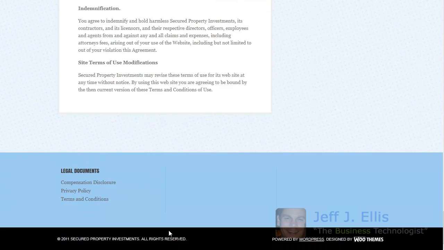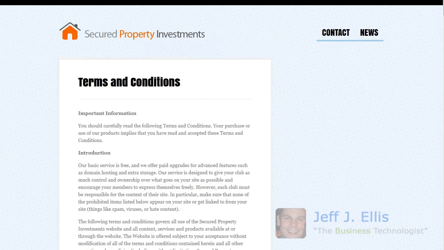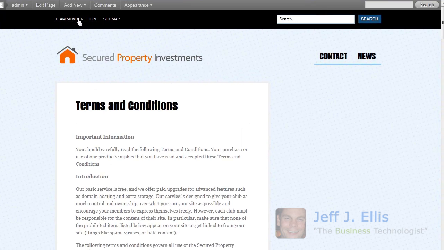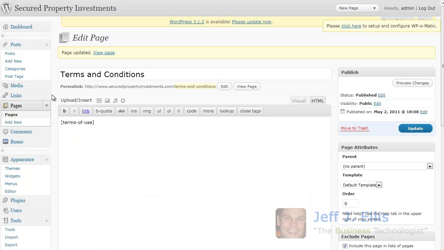Okay, so there we go. Here are the legal documents, and if we scroll to the very top, you can see that we've got the team member login and the sitemap page right here. These pages are still here. We did not exclude those by unchecking that. We see that there's the contact and the news, and there's one more item that needs to be added to the menus. So we'll go back to menus,